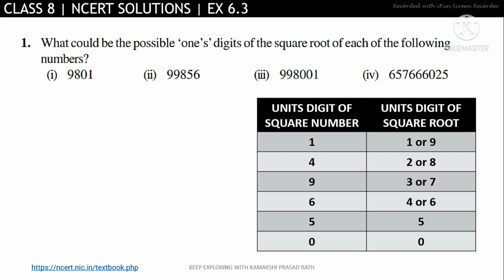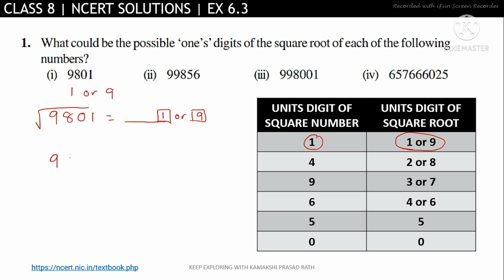The first number is 9801. So we have to find what will be the units place of the square root of this number. If we find the square root of 9801, the number that we get, the ones place will end with 1 or 9. As you can see here, if the square number ends with 1, the square root will end with 1 or 9. So the possible ones digits are 1 or 9. Now the next one,